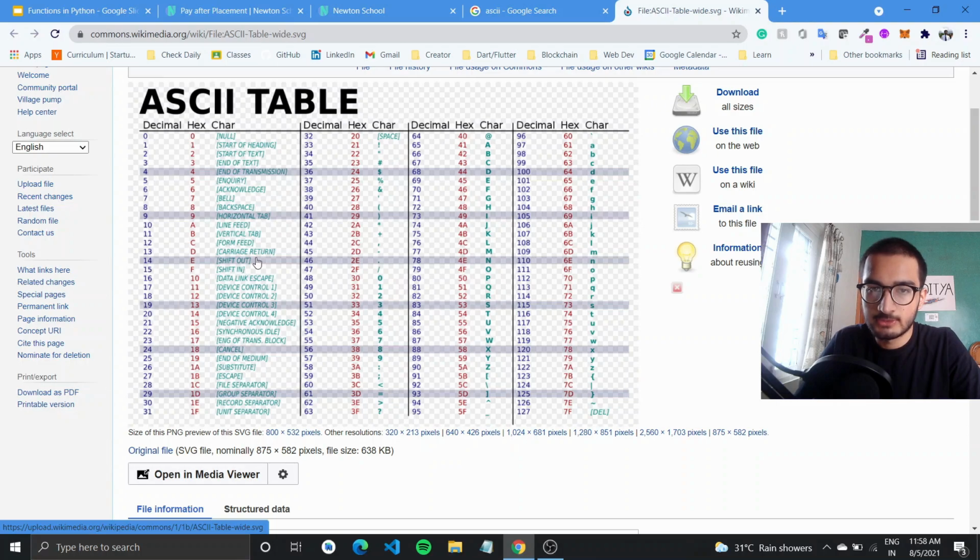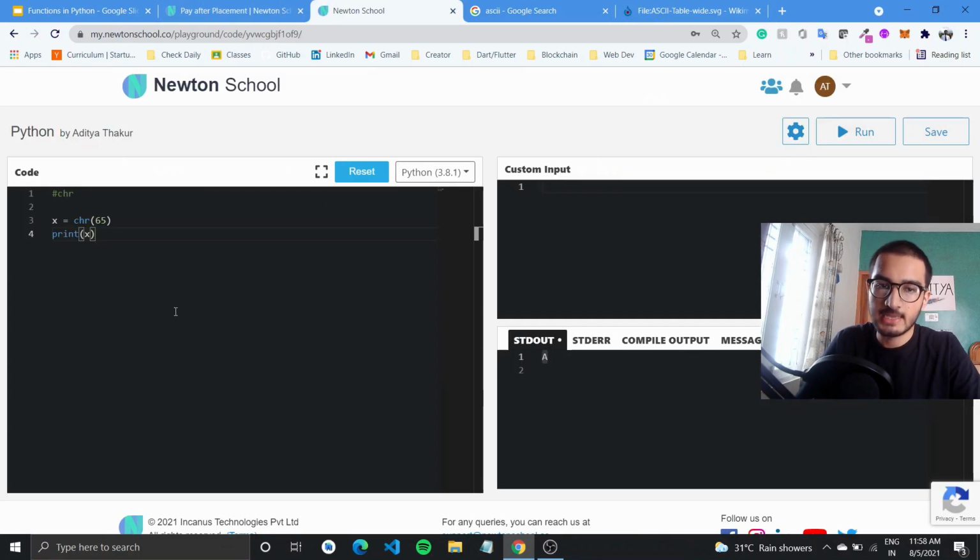And you can check out this table where you can see the Unicode and the corresponding character for each. And this is how you can use the chr function. So if you are given Unicodes and you want to return characters, there is this built-in function available in Python.